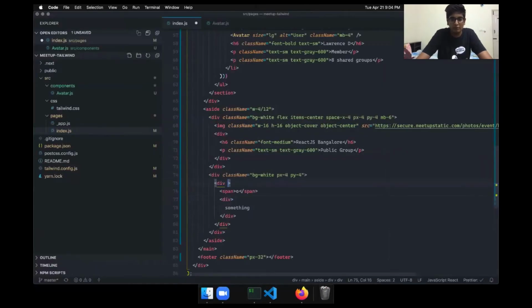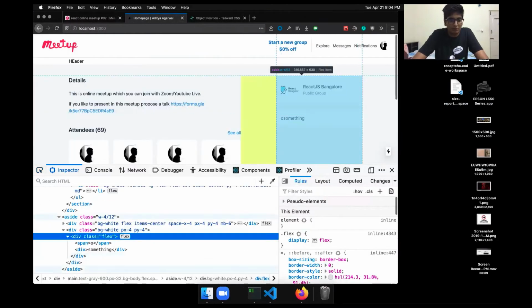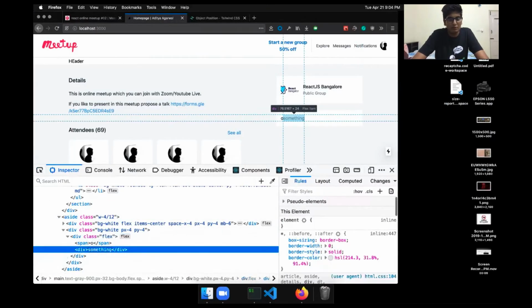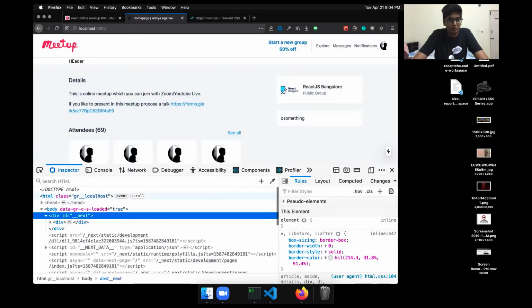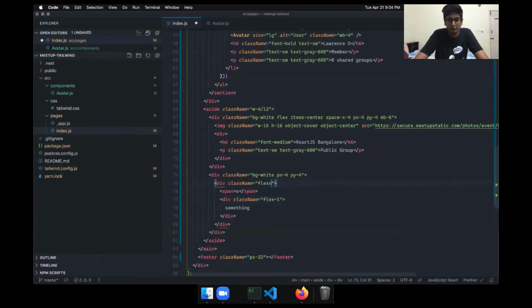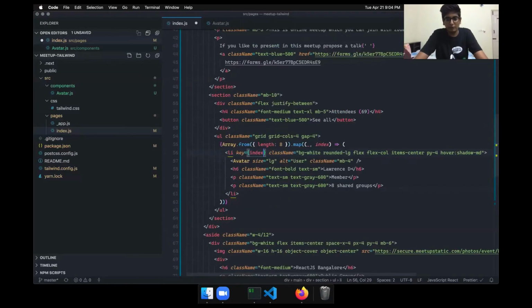So class name flex. Okay, and we can say that you are flex-1, you take all the width available. And here we can say space x2. Actually 4 would be better.